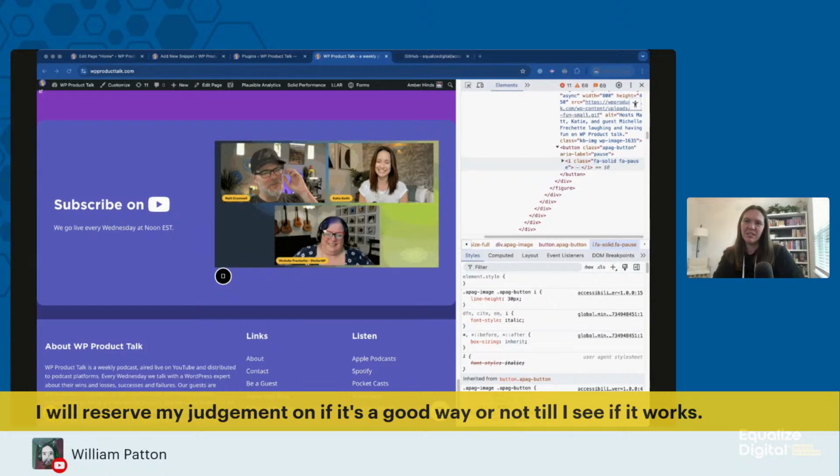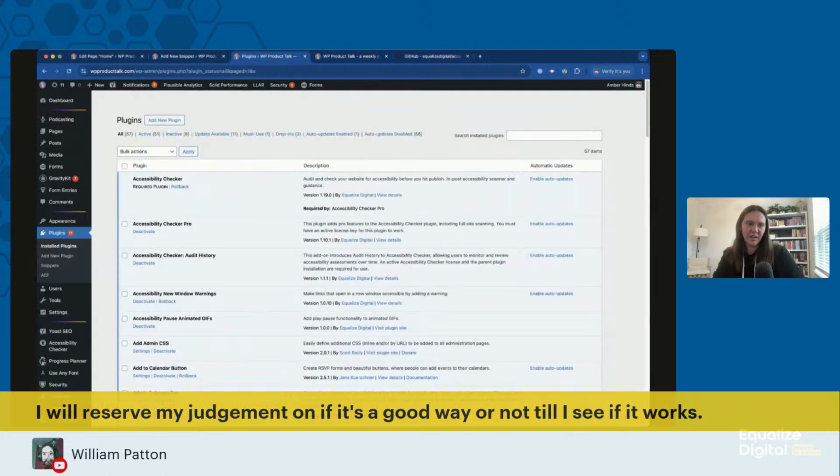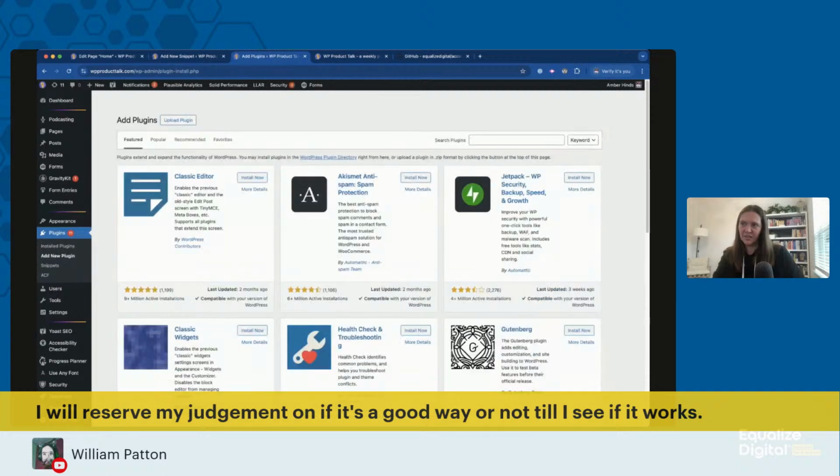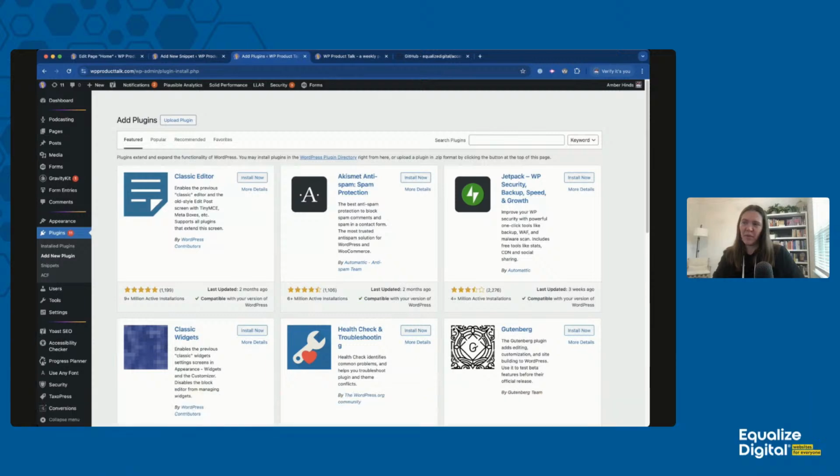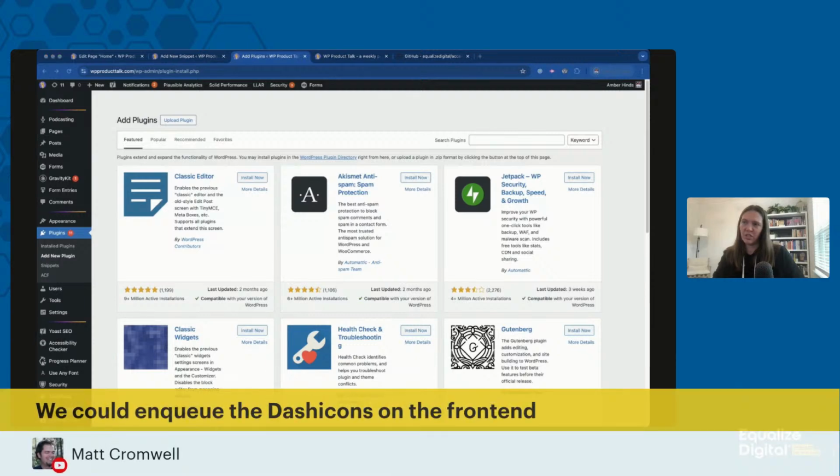All right, hold on. Just for time, I'm a little curious. What Font Awesome plugins exist here? Oh, Matt suggested we could InQ dash icons on the front end, and then I could add it with a dash icon, which is also kind of an interesting idea. Are dash icons InQ'd on the